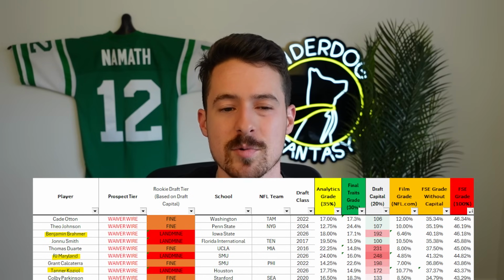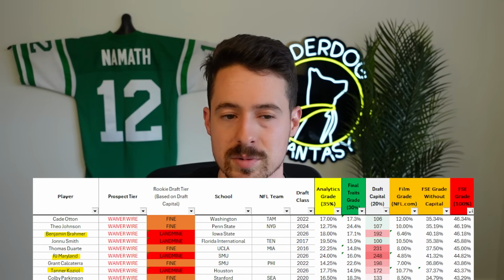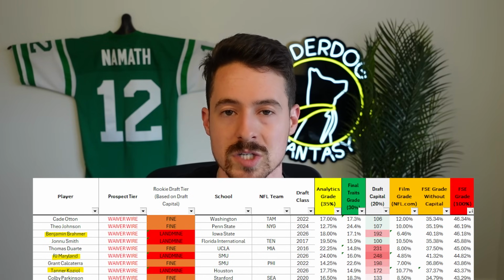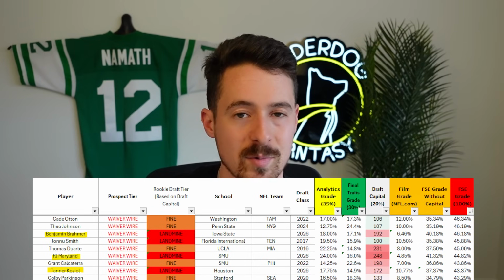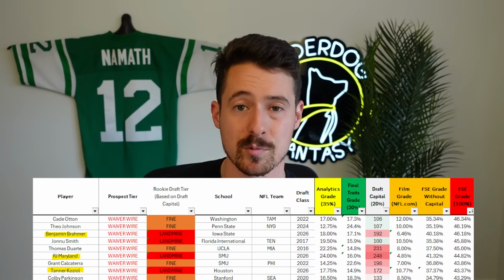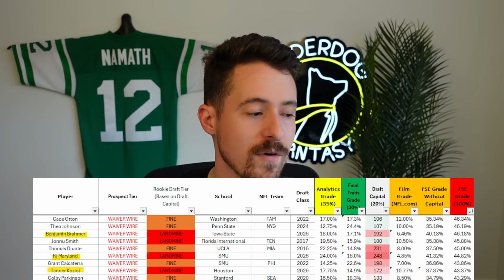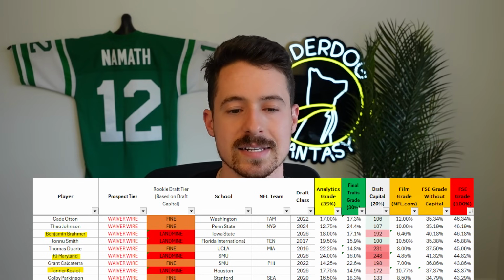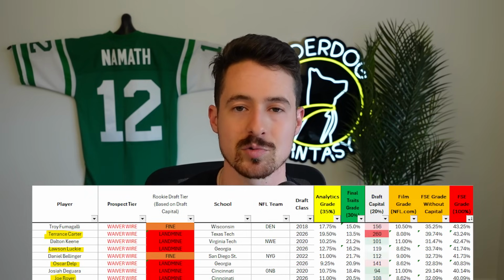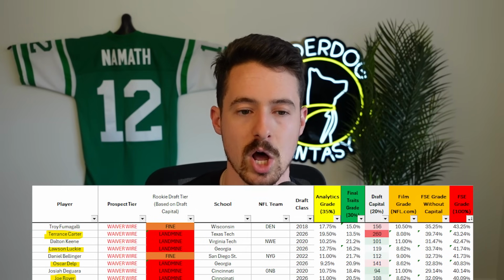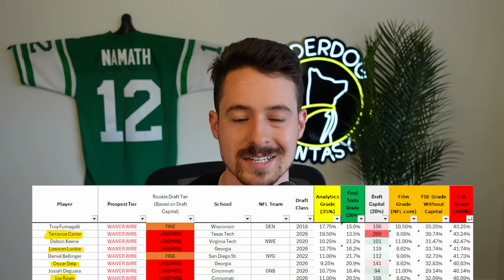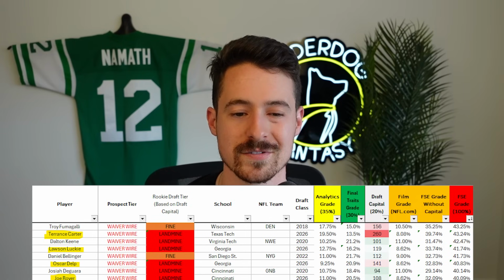So we'll have to see with this tier. This group of Benjamin Brahmer, RJ Maryland, and Tanner Koziol, I think could really raise the ceiling of this class. But we have to wait and see what they end up turning into, because they would need really good years to round out their profiles at this point in time. Then we get into the final tier. Again, none of these guys are really super interesting, but you have the two Bulldogs, Oscar Delp and Lawson Luckie. You have Terrence Carter of Texas Tech, and then you have Joe Royer of Cincinnati.